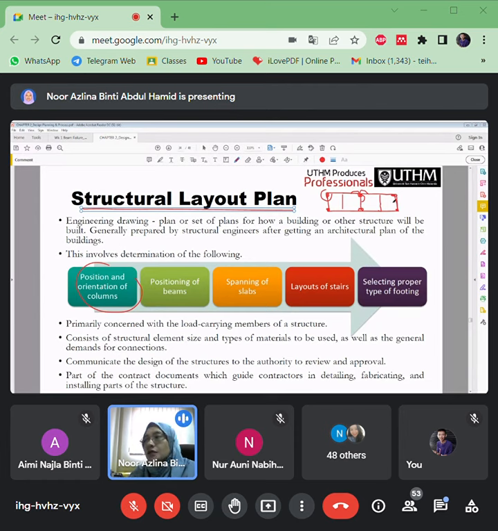Let's say these are the column positions provided by the architect. You can just follow: this beam will be supported by only 3 columns, right? And then there will be a secondary beam here, which is supported beam to beam. Remember, the main beam is supported column to column, while the secondary beam is supported beam to beam.